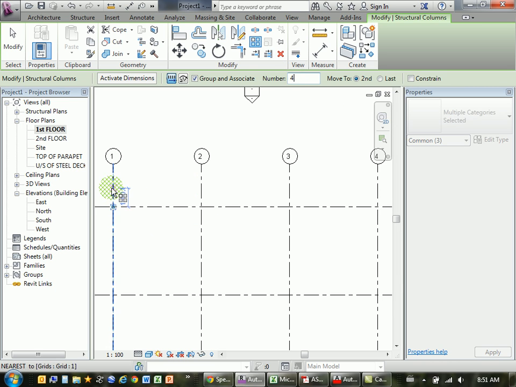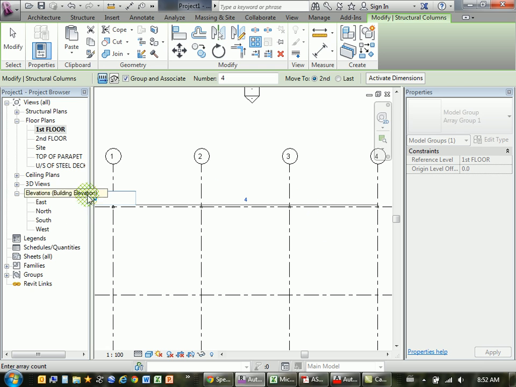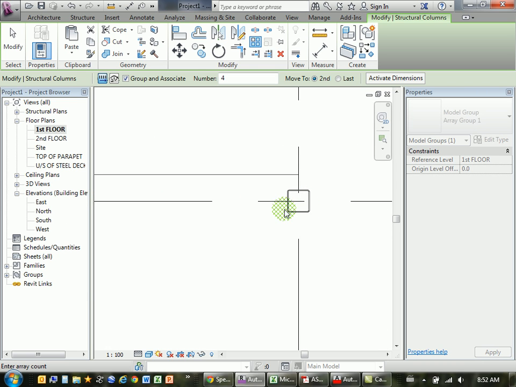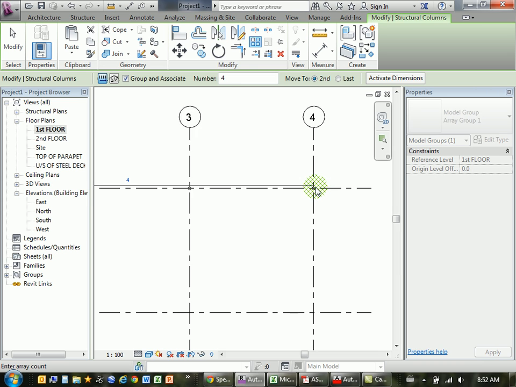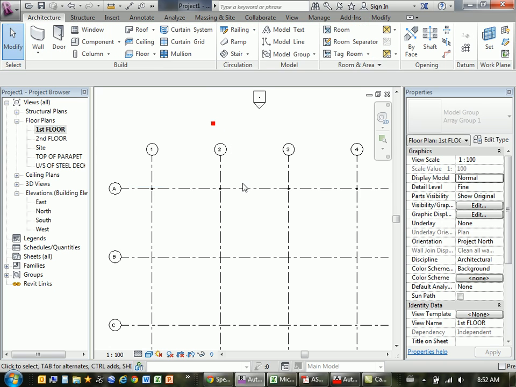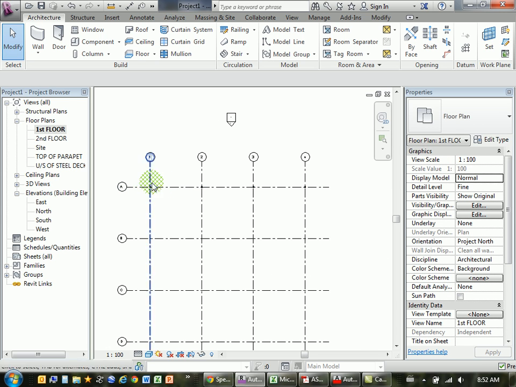And once I've gotten that in place, all I have to do is click on this grid line and then the next one to it, and it'll put those columns on the intersections of the structural grid lines for 2, 3, and 4. And when that's done, all I need to do is select all those columns,